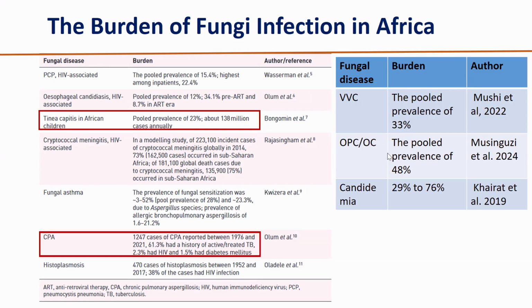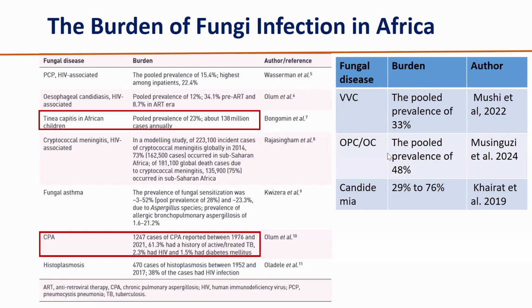It's the same for Pneumocystis pneumonia, the PCP pneumonia, which has very high mortality the moment it's missed, especially for HIV-infected individuals who are not using prophylaxis, the cotrimoxazole prophylaxis. So these are the ones at high risk of getting PCP. But nowadays we have fungal asthma, which has increased. When you look at the epidemiology, the cases of fungal asthma have highly increased, and this is due to the increase of atopic individuals.